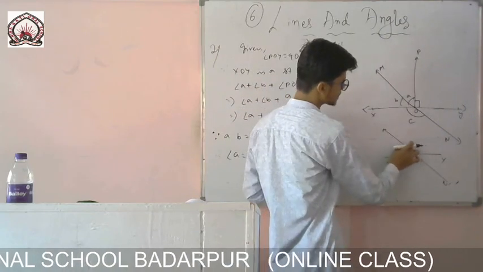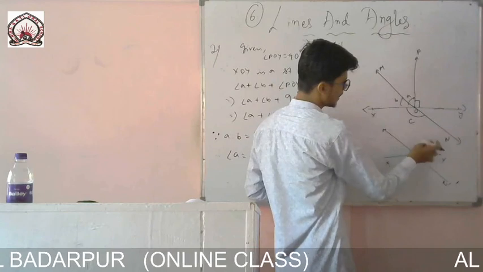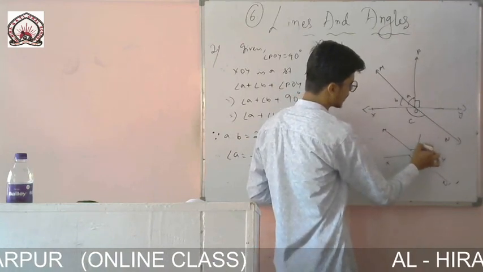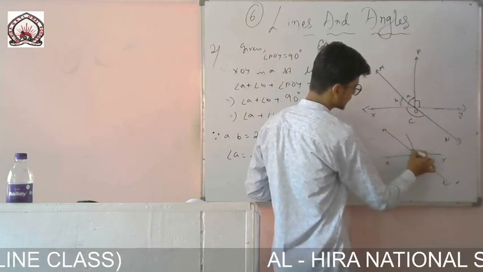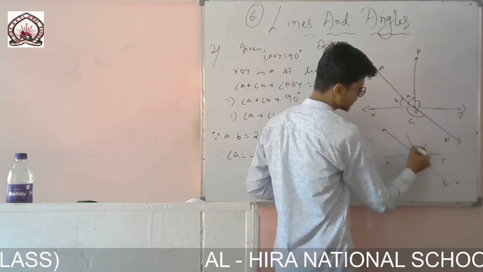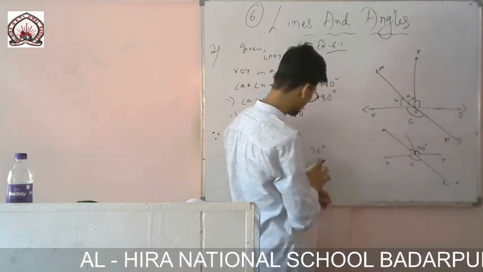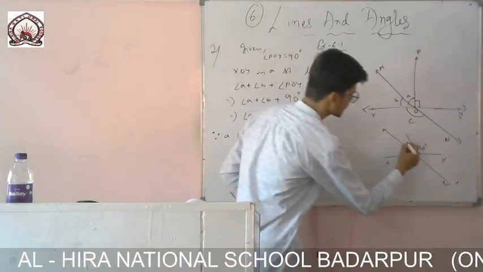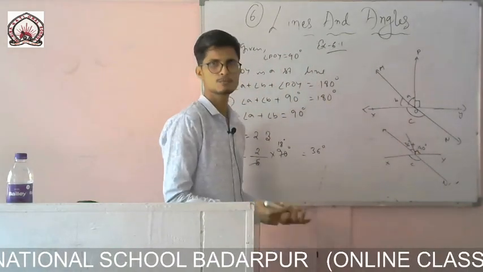So if I find the measure of this one, then I can easily find C. So C will be equals to this one. And here this angle is divided into two parts. One part it is the 90 degree given. So it will be 90. And just now we have got the value of this angle. It is angle A. Angle A measurement what? 36 degree. So if I add these two, then I will get the value of C.